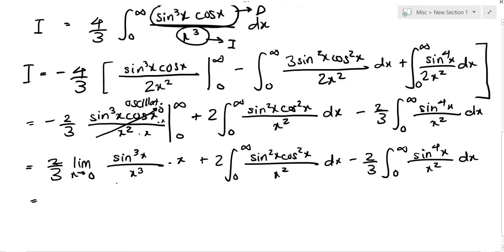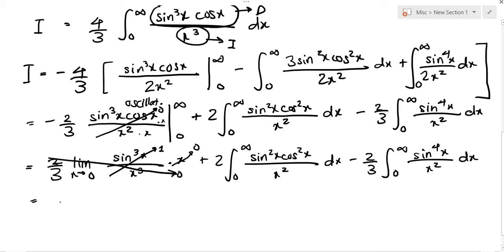So now, like the last time, sine of x over x, the whole thing cubed, is going to 1 because we can take the limit inside, and 1 cubed is 1. And then we also have the limit as x tends to 0 of x, and this will go to 0. So 0 times 1 times 2/3 is 0, which will make this entire term go to 0.